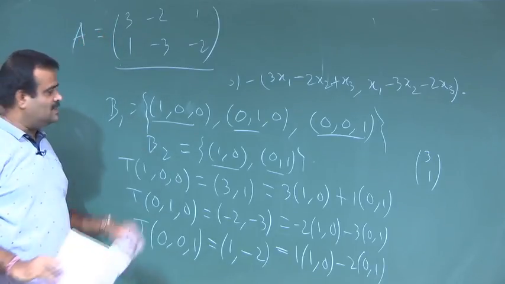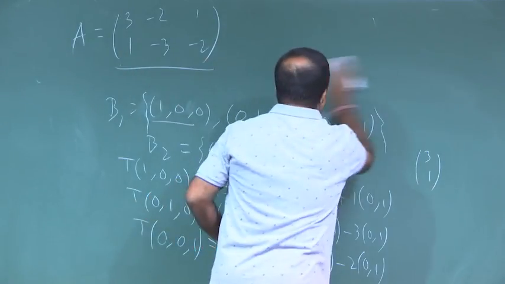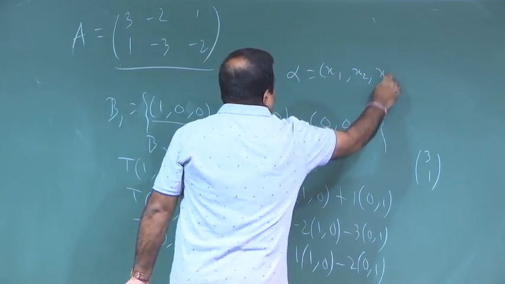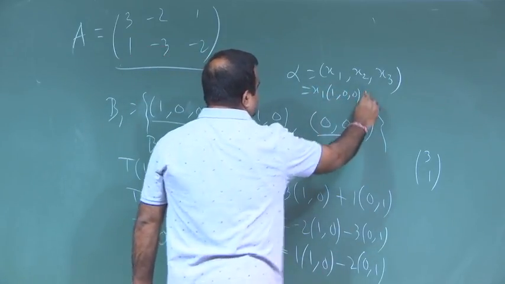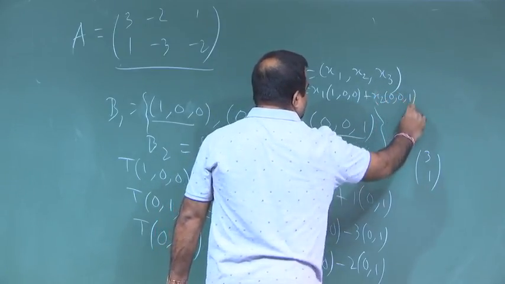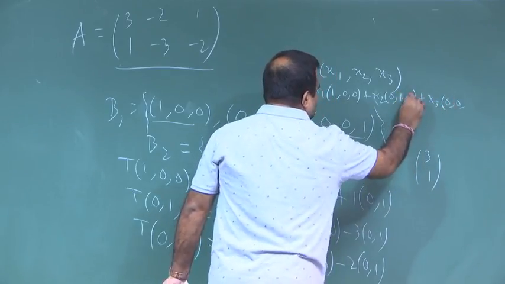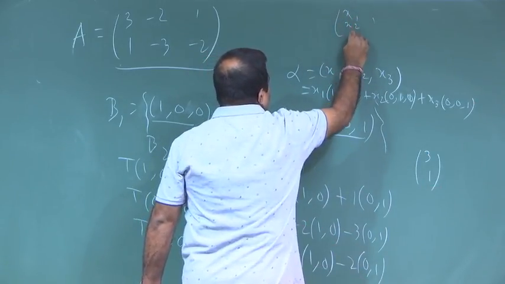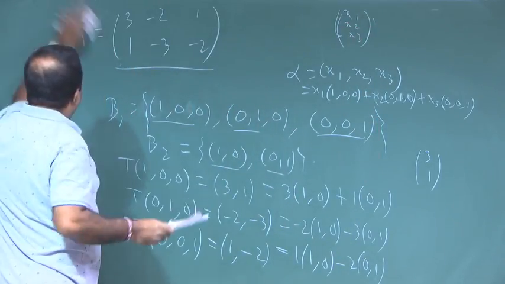So, if you know the matrix, then how do we get the transformation? If you take any vector alpha, which is basically x 1, x 2, x 3, it is written under this basis as x 1 into 1 0 0, plus x 2 into 0 1 0, plus x 3 into 0 0 1. So, that means this x 1, x 2, x 3 is the coordinate of this alpha with respect to this basis. Now, if you multiply this with the matrix